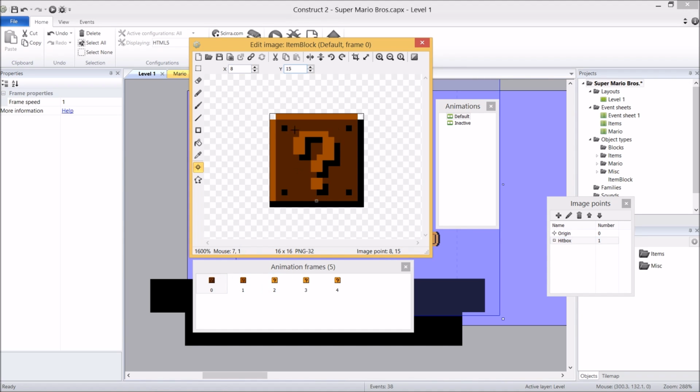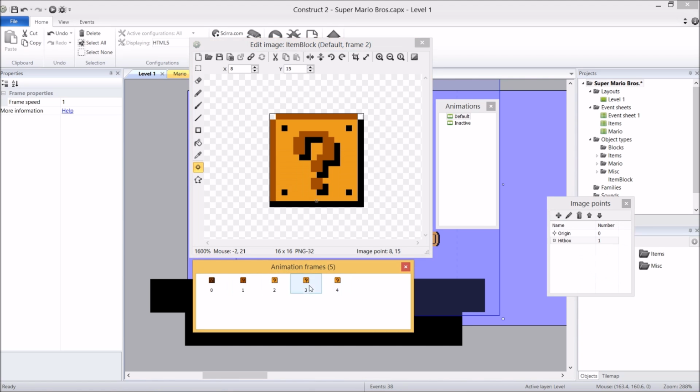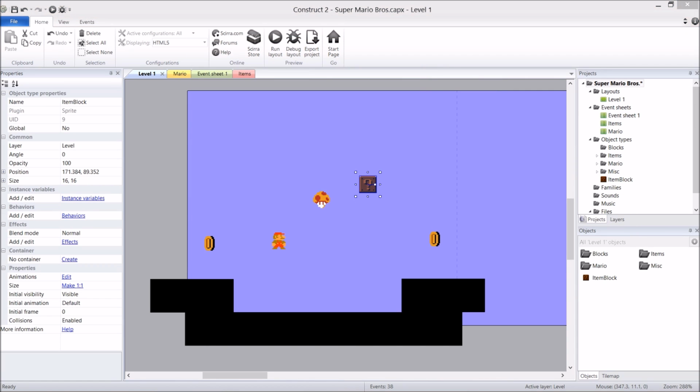And the same thing with the collision model, we need to apply that to each frame in this entire animation. So I'm going to right click over here, on Hitbox, apply to whole animation. Just make sure that took place. Yep, that's all good to go. We don't need it in inactive at all. This is all to do with when Mario headbutts it. Okay, this is done. I'm going to close him. He's pretty good to go.